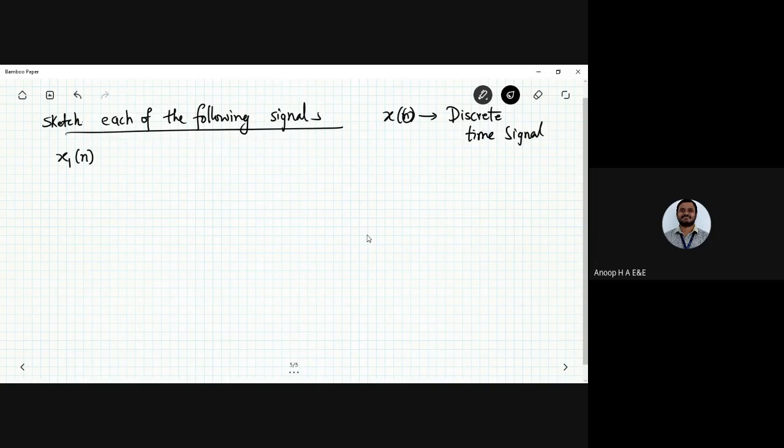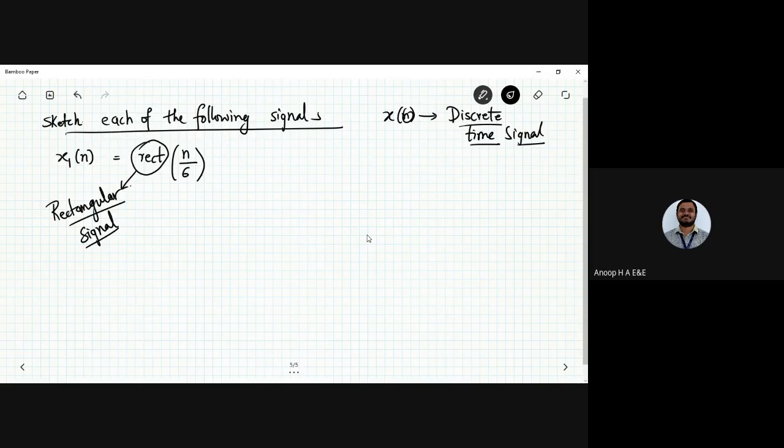Wherever you come across n, okay, wherever you come across n, you are going to have the discrete nature of it, discrete time signal. Okay, so x1 of n. So you are going to have rectangular property, rectangular signal being applied. That is rectangular nature of the signal that we are going to write here, which is rectangle n by 6. So here, once when I write rectangular, it will be the rectangular signal.